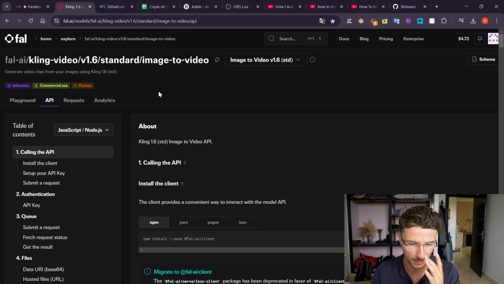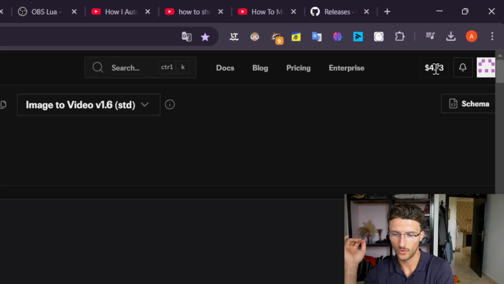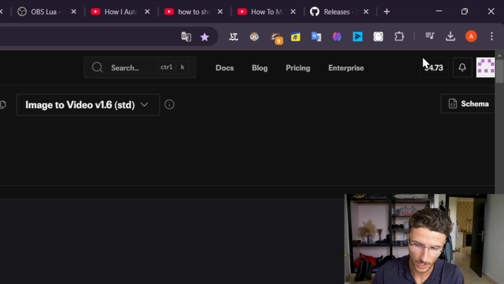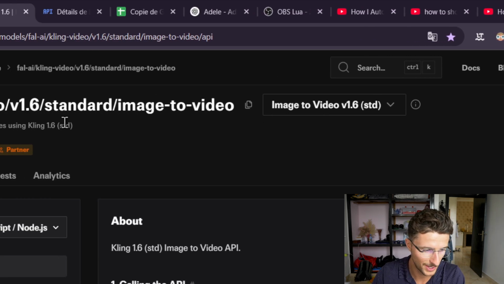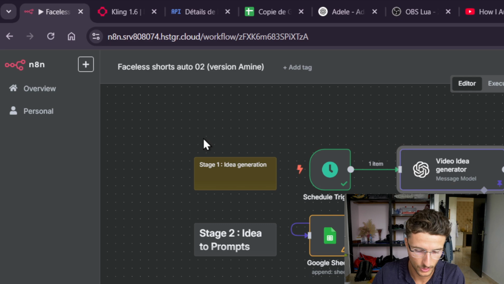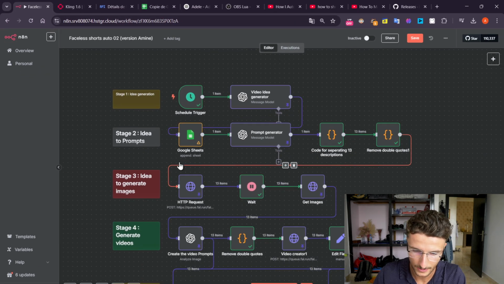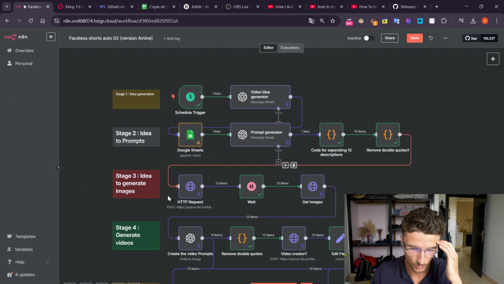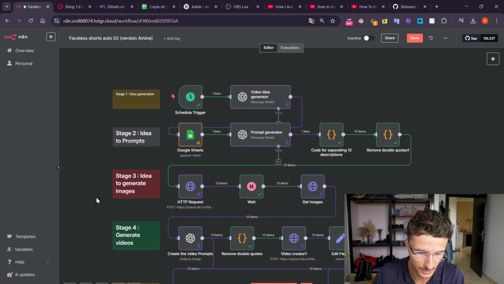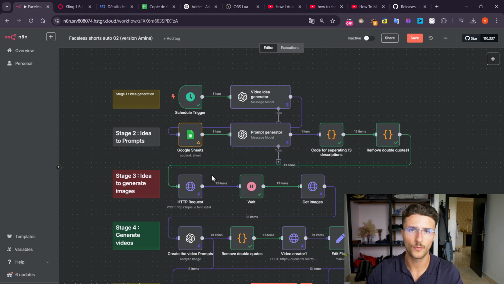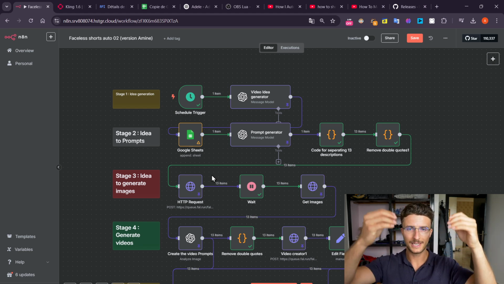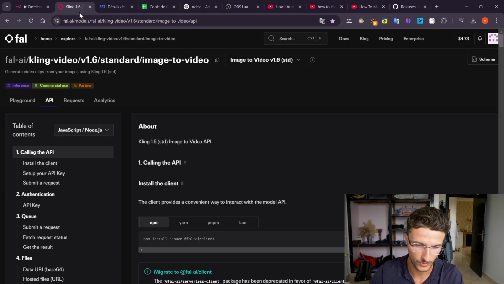Okay, so we're back in the fal.ai app. You see, I have $4.73 in my bank account. I mean, it's not the bank account, but you understand. Now let's go back to the HTTP request, stage 3, idea to generate images. It's going to be the most important stage of all, because we're going to generate images with the app. If we go in the app, you can see here